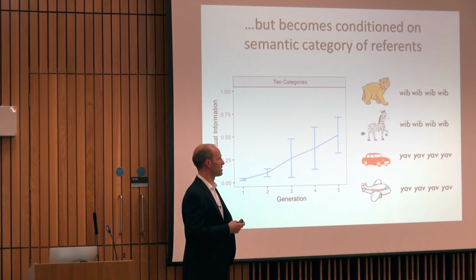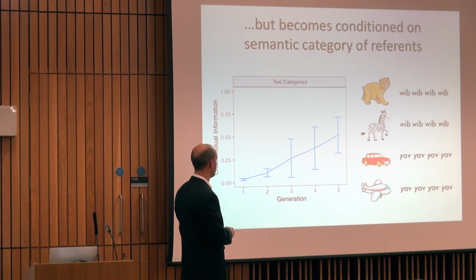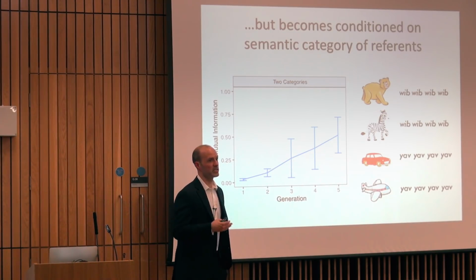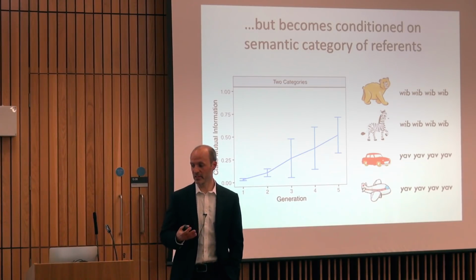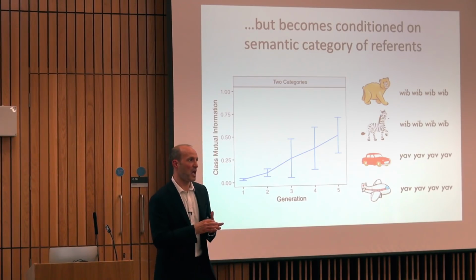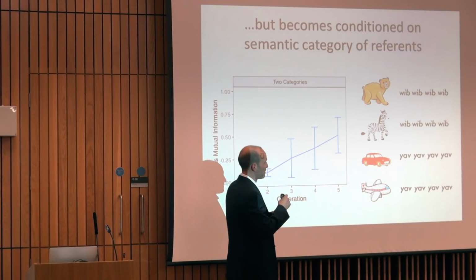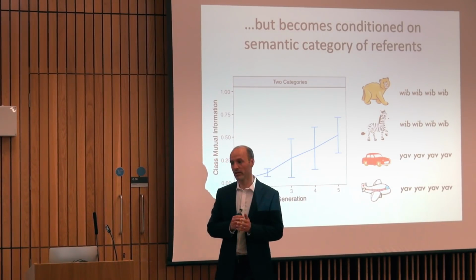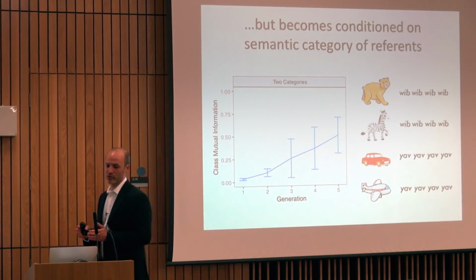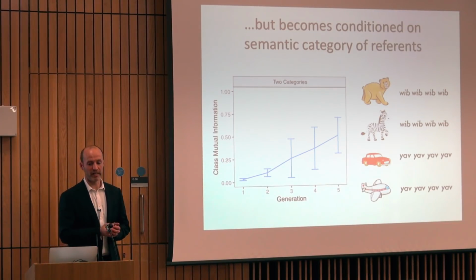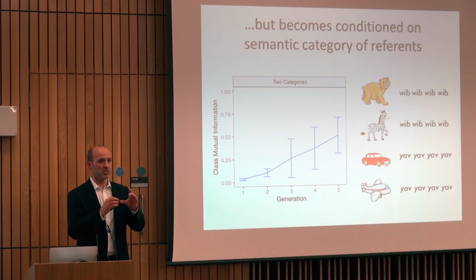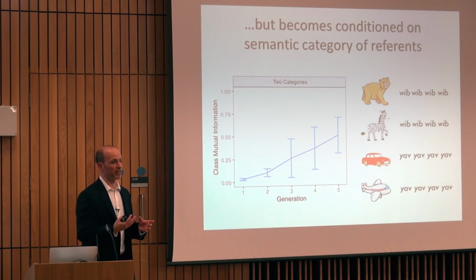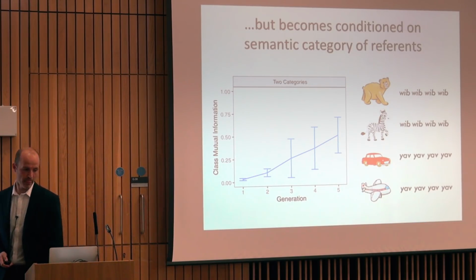So how predictable is your choice of plural marker based on the semantic category of the thing you're marking? Our initial languages have very low mutual information, and mutual information just increases steadily as the language is passed from person to person. So this kind of natural language-like noun class system, which is based on a semantic generalization at its core, emerges from the iterated learning process. And all we have to do to get that kind of regularity is just to add 2 salient semantic categories to the set of things that you need to talk about.